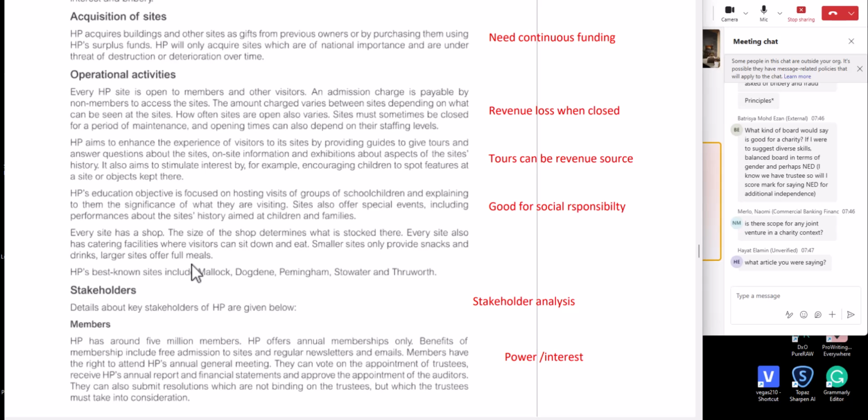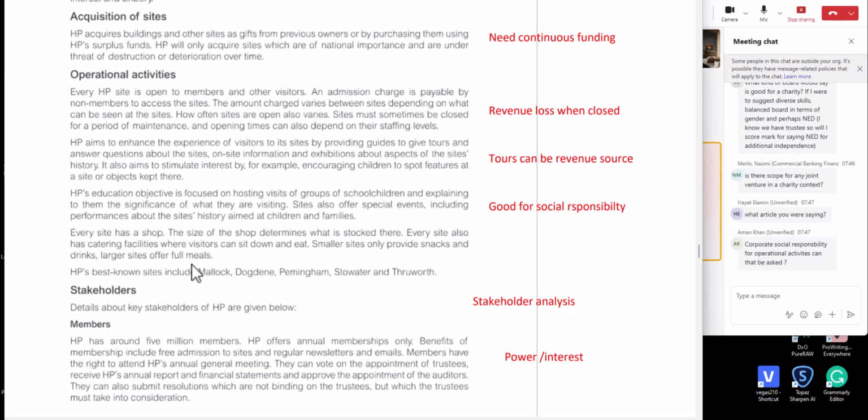Look up Guardian newspaper and NED. Use Google, let Google be your friend. There's one about NEDs. But I think going down the route of NEDs is a rabbit hole they should not go down. I'm just saying most do not.